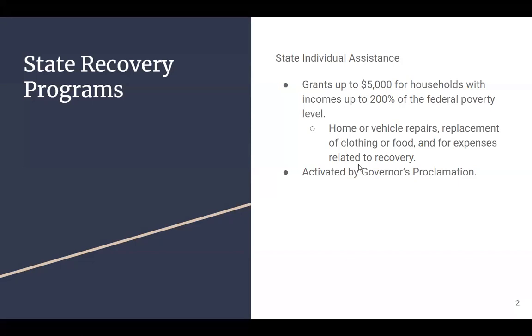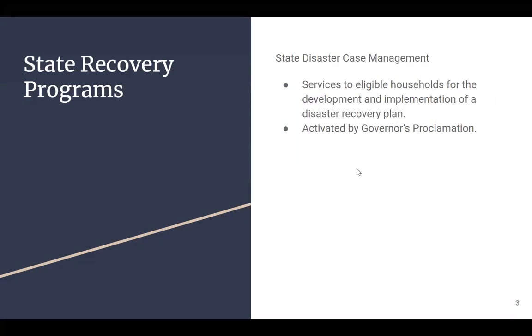The governor's proclamation for state individual assistance also activates the Iowa Disaster Case Management Program, also administered through the Iowa Department of Human Services. It includes services for eligible households within the county to develop and implement a disaster recovery plan. So it's not financial assistance to the household, but it is a planning resource and a central point of